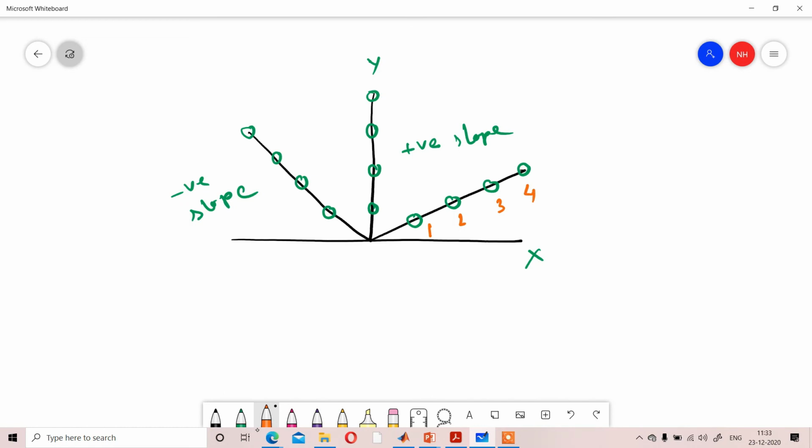Means if you have the vertical axis and the negative slope, just consider the pixel positions opposite to the positive slope. Means for the y-axis, pointing out will be like that: 5, 6, 7, 8, and for this negative slope, pointing will be 9, 10, 11, 12. So pointing out will be towards that side, and for this case will be towards that side.